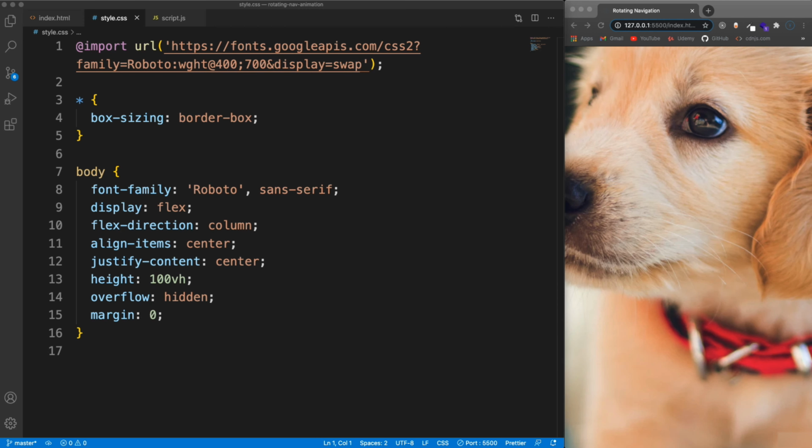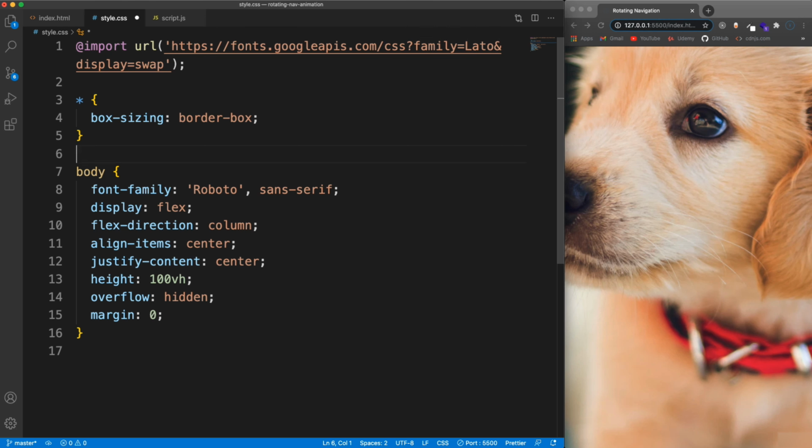Let's jump into our style sheet, and we'll do a good part of this now. We might have to break it into another video because there's quite a bit of CSS, but I'm going to use the Lato font, so family equals Lato, and then we'll add that to our body, Lato. All right, and then let's see. We're actually not going to use all this flex stuff here, so I'm going to get rid of pretty much all of this, except for